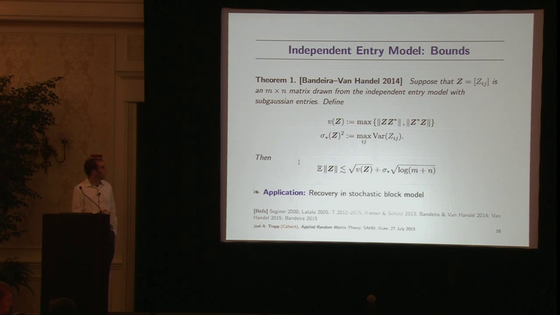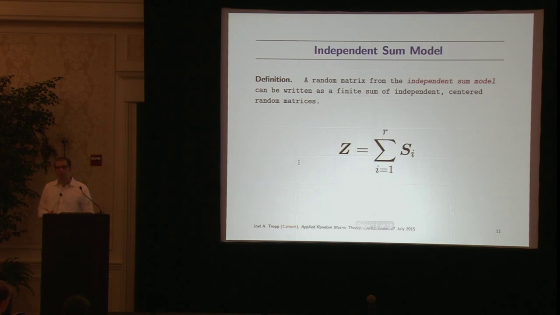Okay. So this is still a somewhat special model, but it is more flexible than the classical models and allows you to deal with applications that come up now that people have been extremely interested in. Now, as you generalize, you're going to gain in flexibility, but you're going to lose in precision. And so next I'm going to talk about a model that I particularly like, which I call the independent sum